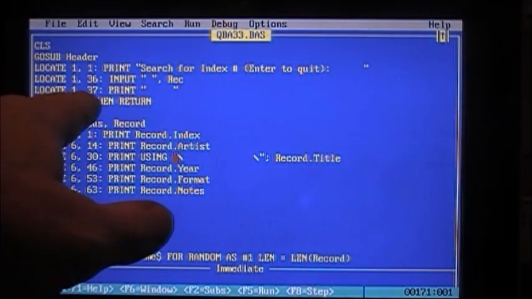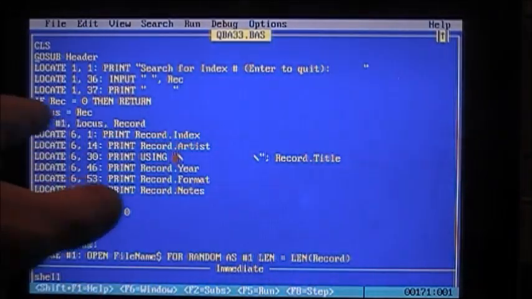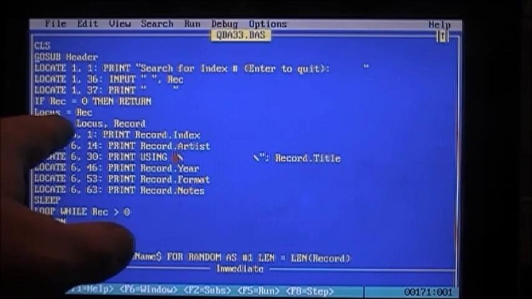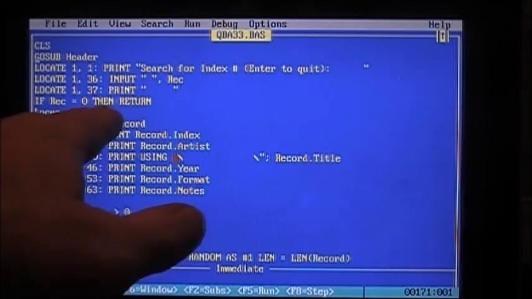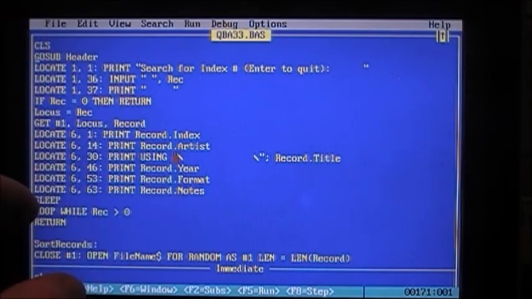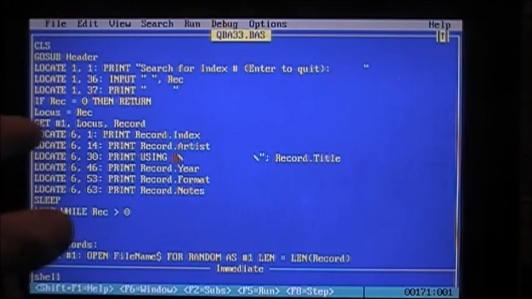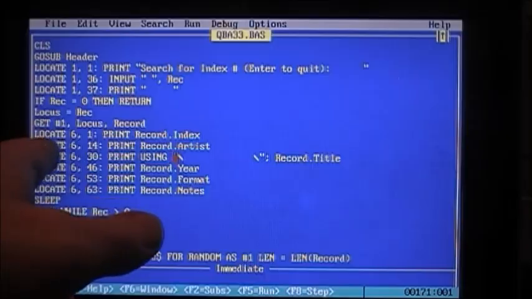Now if rec equals 0, then return. In other words, if you just hit the enter key, return. Locus is equal to rec, that's the number you just entered. Get from file 1 whatever record you just entered, 115, 120, and we save that to our data type called record. Now we move down 6 rows, so underneath the header, locate the first column, print record index, 14 columns